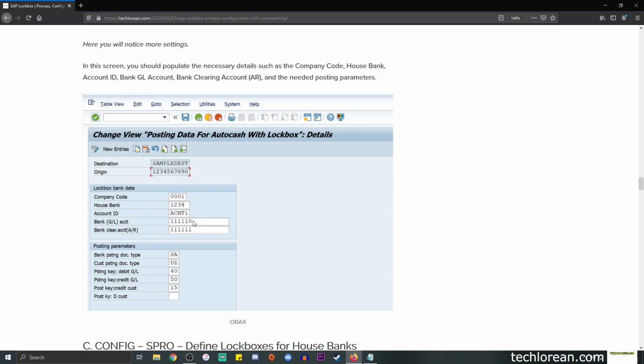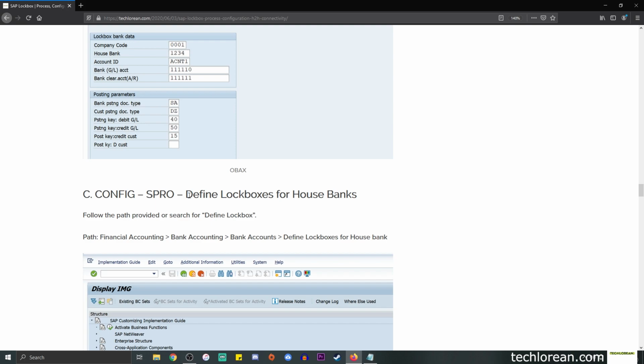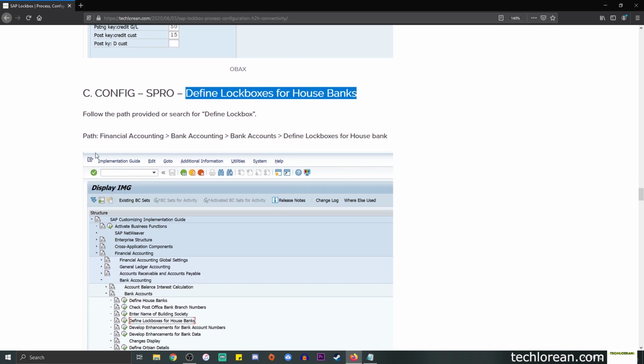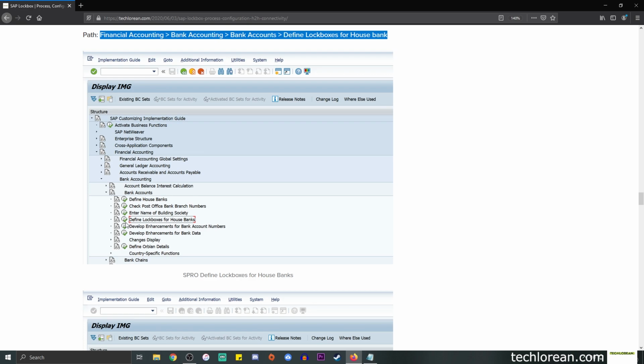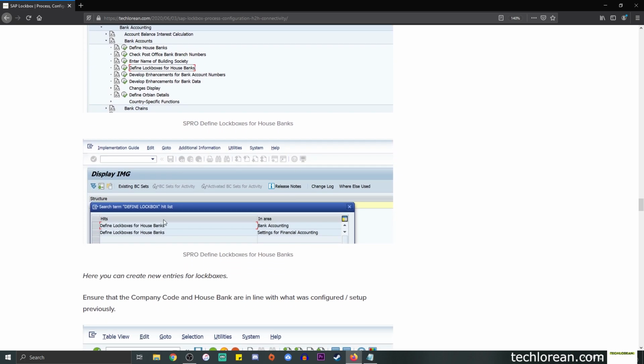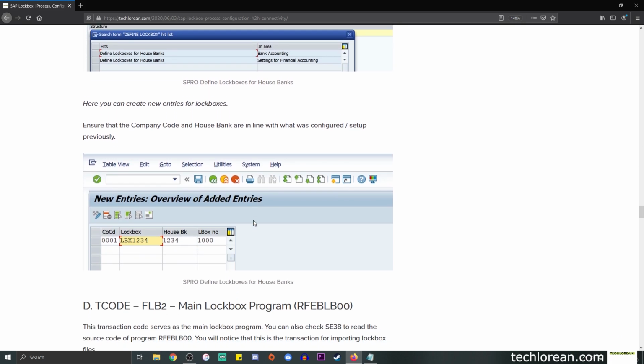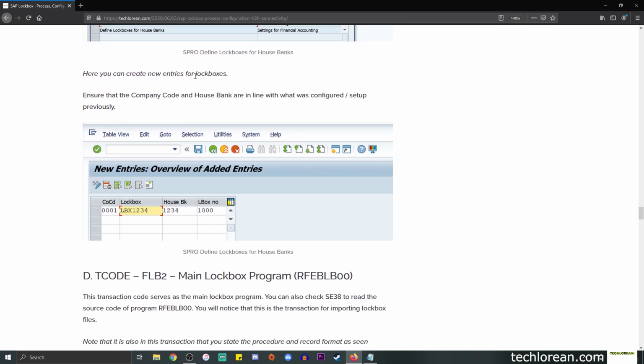We have the GL account and the clearing account that is concerned. Then we're going to move to SPRO, and you can simply Control F and define lockboxes for house banks, or you can follow the path over here. You need to click this portion and you'll see something like this if you do the Control Find. Simply click on the first entry in area for bank accounting, and this is where you can add new entries